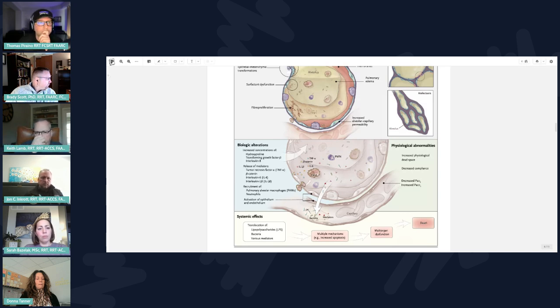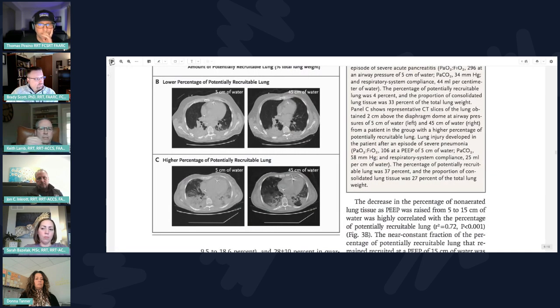if you fast forward from ARDSNet that said, hey, larger tidal volumes are bad, I think what we get from the majority of what we understand now says volumes are bad, but it's probably more about the volume as it relates to the amount of space in the lungs for that volume to go. And what do we measure on the ventilator as a surrogate for that relationship between the volume and the space available for the volume? That, of course, is pressure. And so plateau pressure, driving pressure, et cetera.